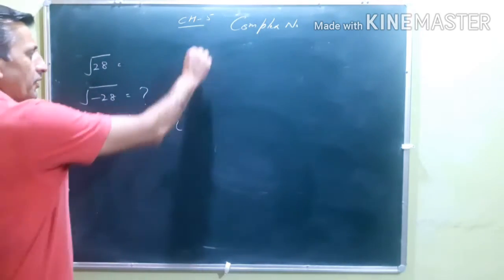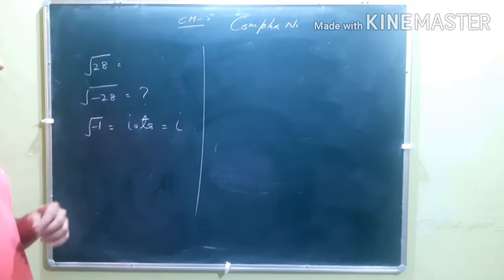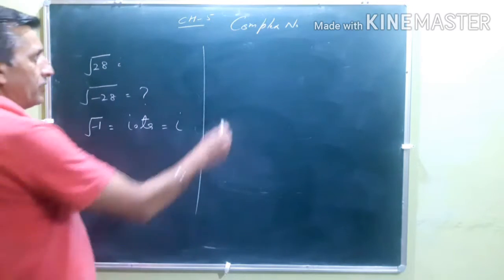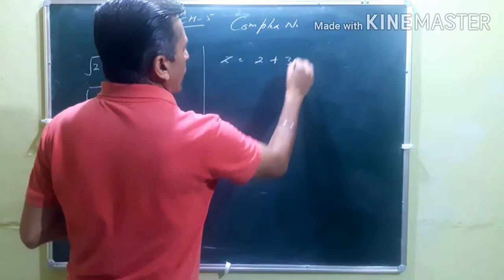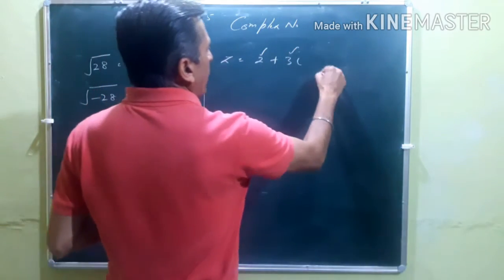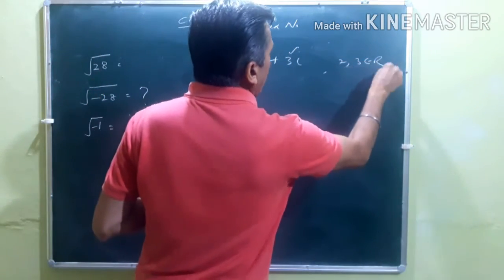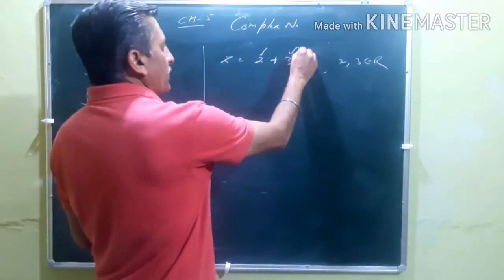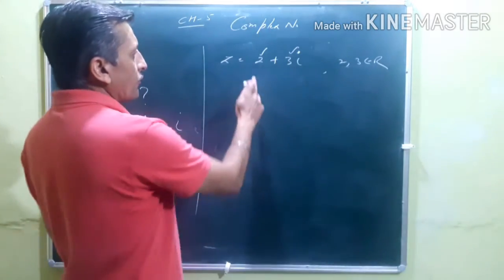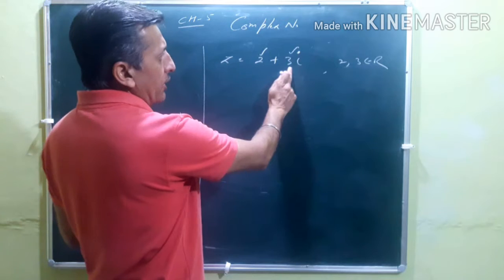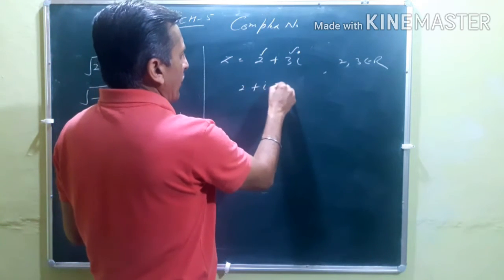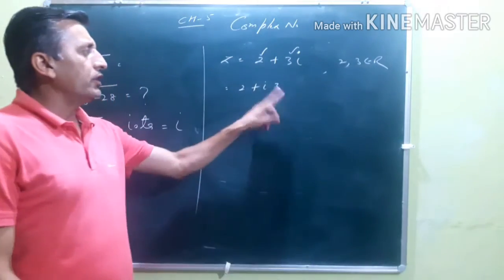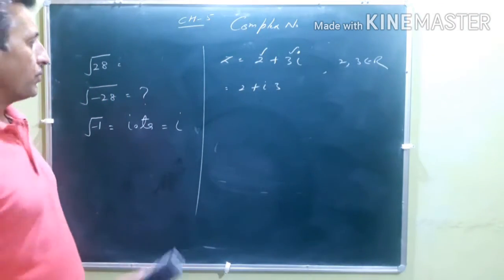A complex number is nothing but a combination of two real numbers, when it is written in the form z is equal to 2 plus 3 iota. You know, 2 is a real number, 3 is a real number; 2 and 3 both are real numbers. In combination, this is 2 plus 3 into under root of minus 1. Sometimes some teachers write it like this, so no problem. Iota 3 or 3 iota, both are the same thing.